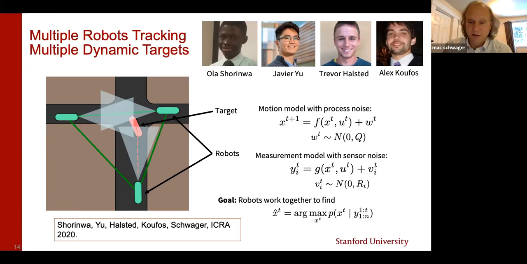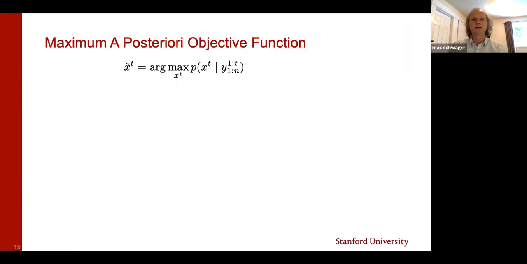So what are the cars trying to do? At the end of the day, they're trying to do basically what a Kalman filter is trying to do. They're trying to find the MAP estimate of the target position, the maximum a posteriori estimate. So they're finding the posterior distribution over the target state, and then finding the maximum as the most likely given that posterior distribution. And this is given the history of all measurements in time over all cars. So what we're trying to do is retrieve the performance that would be available from a magical oracle with a God's eye view that has all data from all cars accumulated in one central processor. That's what our hope is here.